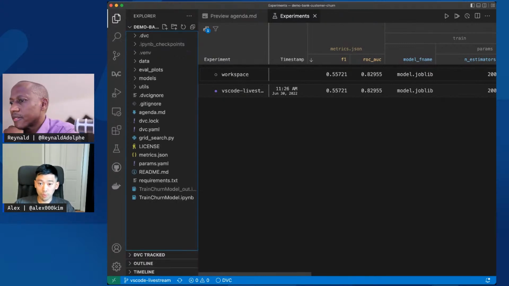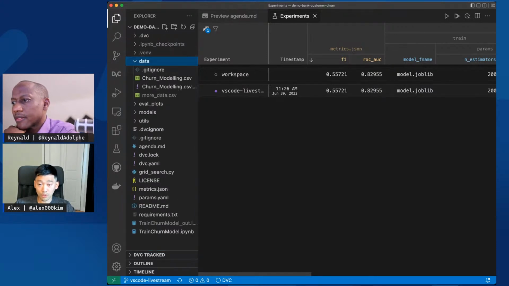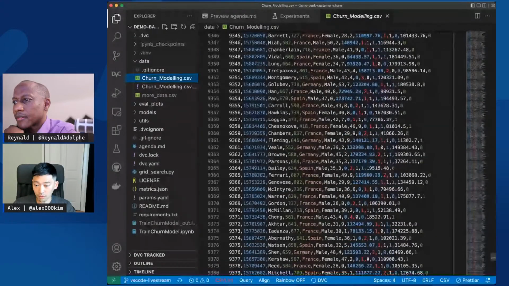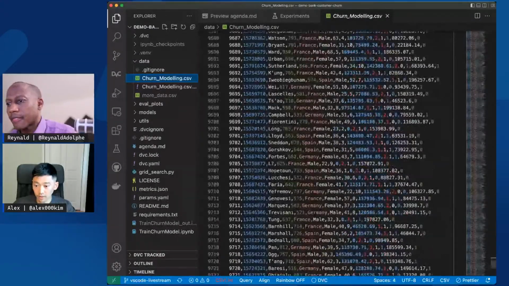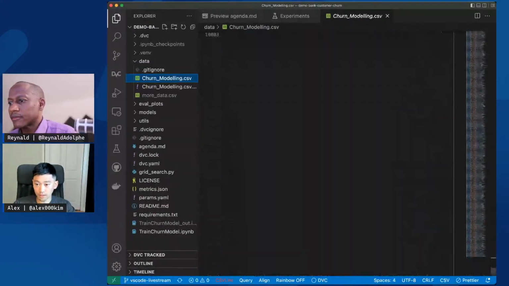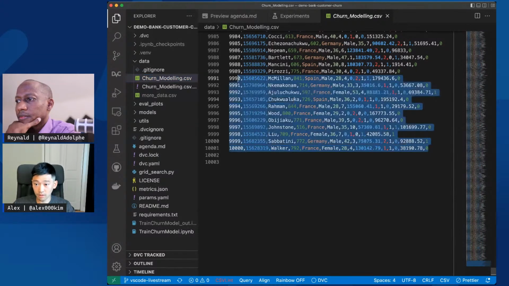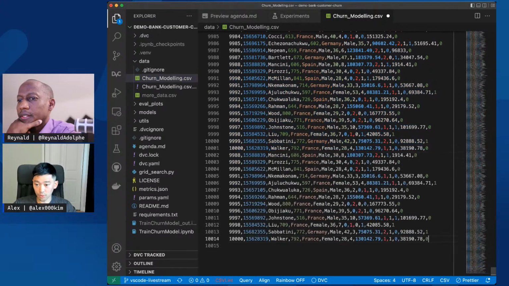So a few additional things that I'd like to mention with the extension. DVC, as I mentioned originally, stands for data version control. So this data set that I've been using to train my model, imagine if you had a different version of the data set. Maybe a few weeks passed, you got more clients, so let's try and simulate this by just copying a few rows in here.